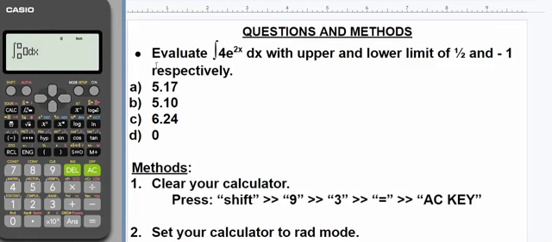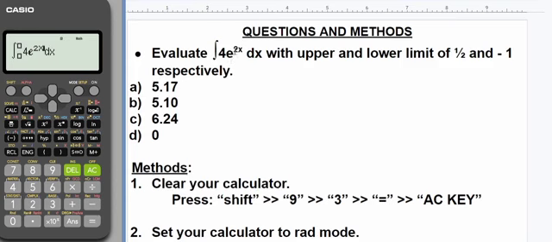So I'm having 4 exponential 2 raised to the power of 2x. So I'm pressing 4. I'm pressing alpha. This is exponential at this point. Alpha is the red button, and the exponential here is actually the red button. That's why you're pressing this key to bring out the exponential. So you're pressing the raised to power button at this part. Then you're pressing 2x, which is 2. To press x, you have to press alpha, and you have to press x. So you can see you've gotten 4 exponential raised to the power of 2x.